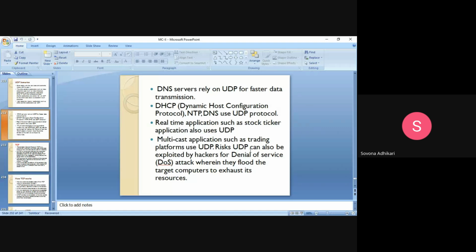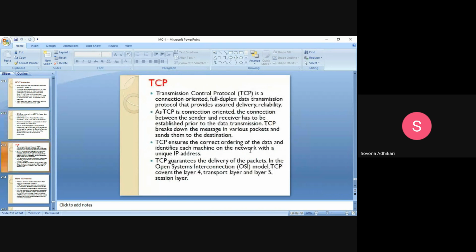The Domain Name System, DNS server, relies on UDP for faster data transmission. DHCP, the Dynamic Host Configuration Protocol, and NTP also use UDP. Real-time applications such as stock ticker applications also use UDP. Multicast applications such as trading platforms use UDP. Risk: UDP can also be exploited by hackers for denial of service attacks, wherein a target computer is flooded to exhaust its resources. As compared to TCP, which is